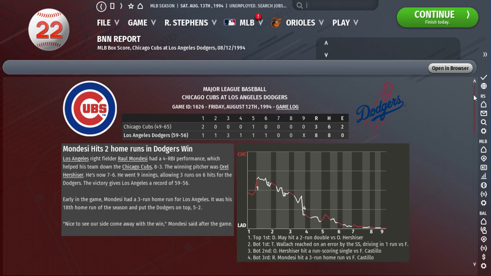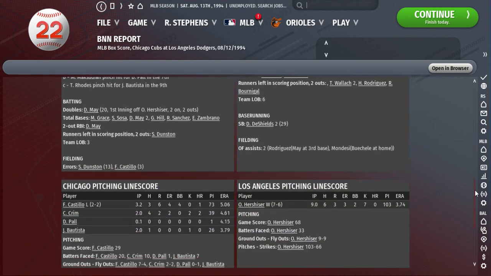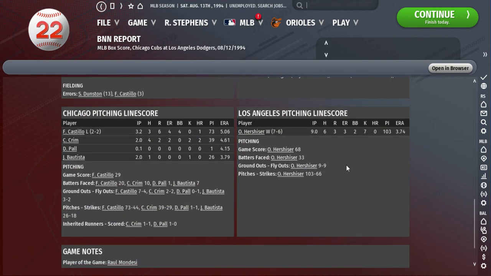Dodgers in a rout here. Only 6 hits for the Cubs, 3 hits for Piazza, 2 for Mondesi, 4 behind home runs for Mondesi and Butler. Orel Hershiser goes all the way, 9 innings, 6 hits, 3 runs, 7 strikeouts.